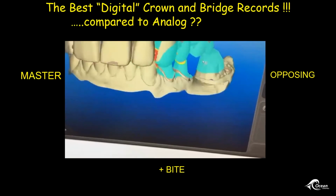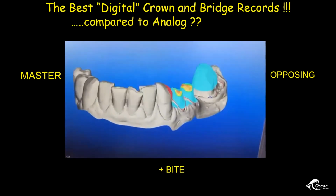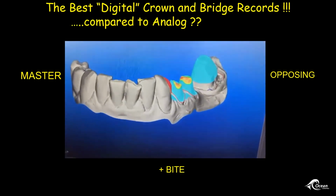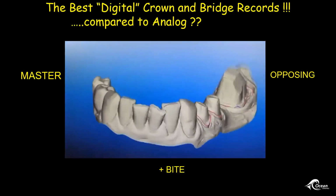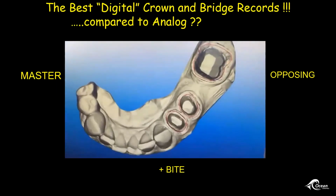So if I need 1.5 and I've got 1.7, I'm good. So I know I've got the clearance that I need for this case. Turn off the stuff, take a look down. You can't hold a mirror in a wet, steamy mouth and get to know that you've got perfect